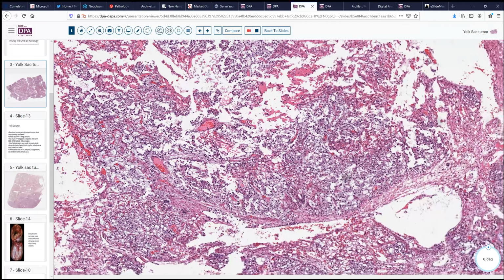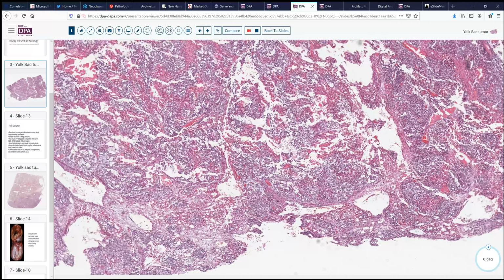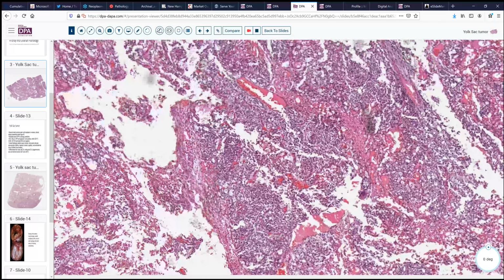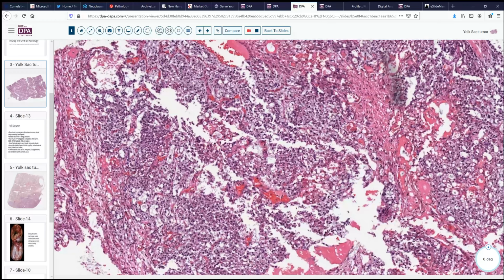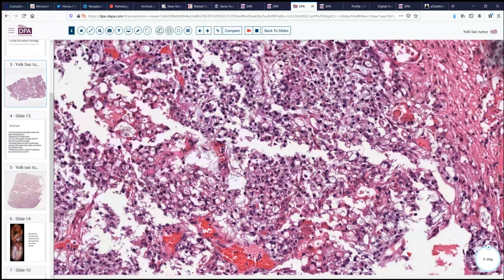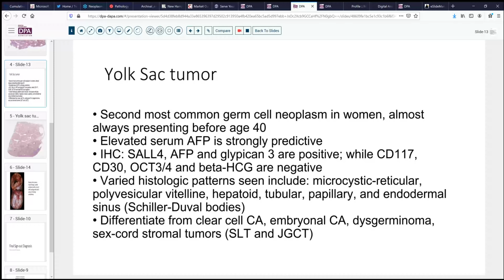And so both thoroughly evaluating our sections and thoroughly sampling the tissue that we receive is important to be able to state with confidence that it is only a pure yolk sac tumor, that there are no other elements. And of course, one of the challenges with yolk sac tumor is that it can have a variety of morphologies, this being the most common one, but there are a number of other morphologies that we can see with